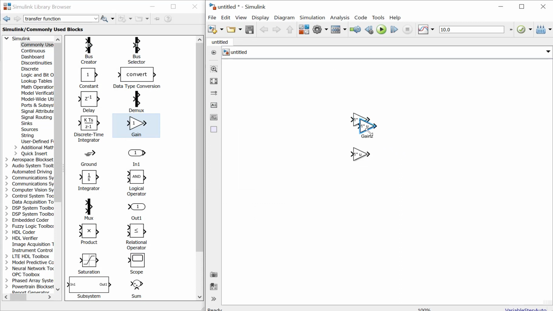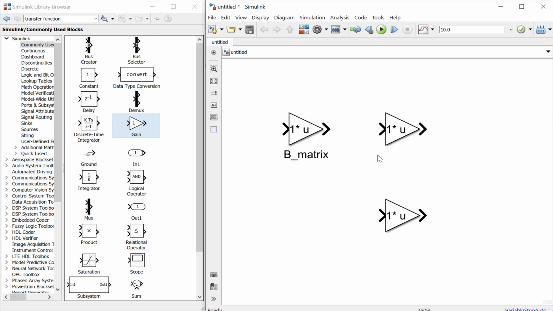So we need 3 gains here for the A matrix, B matrix, and C matrix.